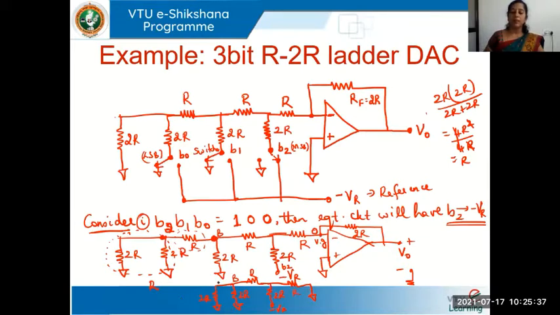So now you again simplify from the left hand side. You again have 2R in parallel with 2R, which will be R. R in series with this R, again R plus R, 2R. So effectively what I'm going to have, I'll have 2R here connected to ground. I have 2R here connected to minus VR and R here connected to ground. So this is the effective combination which I have finally when I come close to this point. See, this point is the inverting input. So this same circuit, I hope you understood how we are getting this.